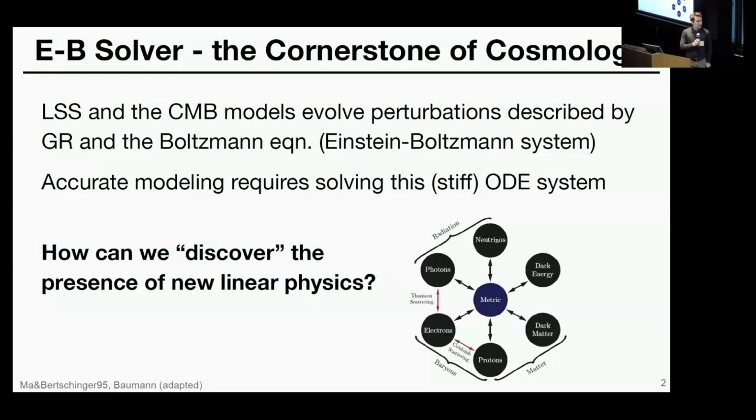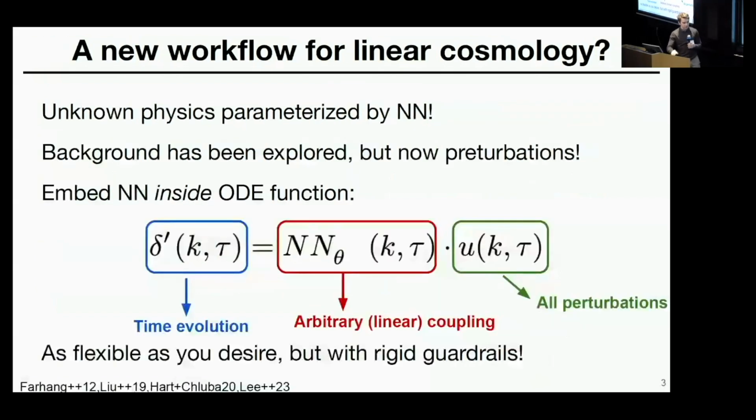But the idea I want to talk about today is how we might be able to discover the presence of new physics at the linear perturbation theory level. So you might think if you have some new species with some new coupling, you could do the thing that we always do. If you have some a priori model for how this should behave physically, you add a blob to this thing here, you add some connections, which are the coupling between different species, and then you do your analysis. But what we're doing now is thinking about doing this in a slightly more data-driven way.